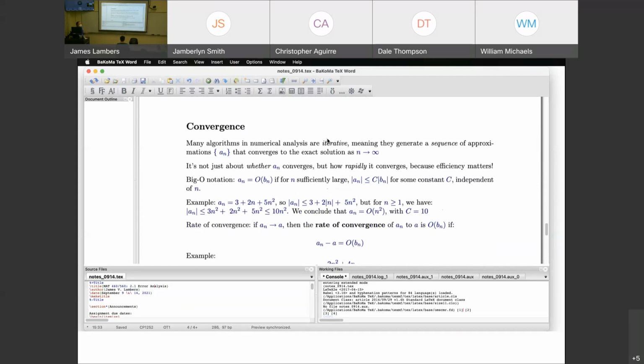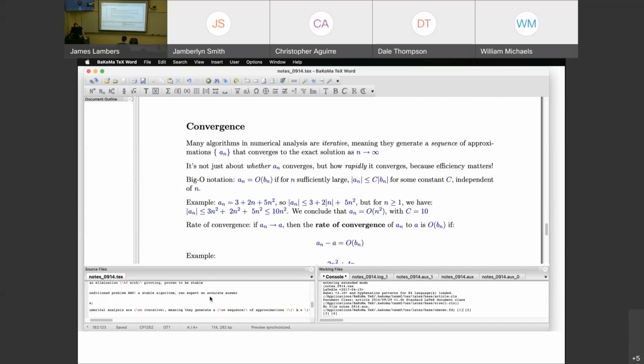For example, toward the end of the semester, we're going to see methods for finding the solution of the equation f of x equals 0, so finding a root of a function. These methods, such as Newton's method, will generate a sequence of approximations that, if the number of iterations n is allowed to go to infinity, would converge to the exact solution, but of course we have to